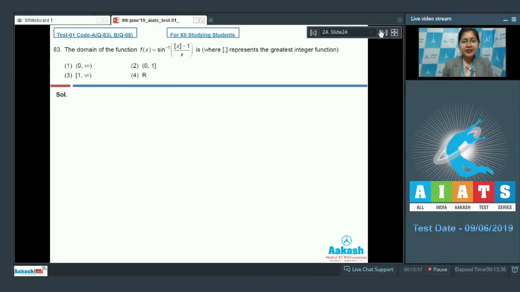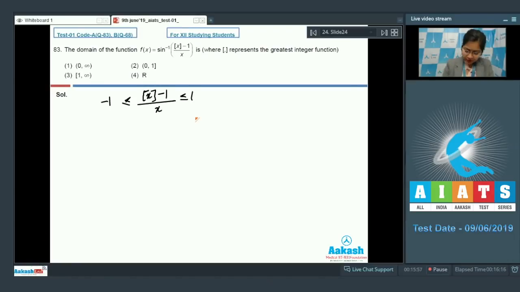Next is question number 83, where we have to find the domain of the function f(x) equal to sine inverse of greatest integer of x minus 1 divided by x. We know that for sine inverse, theta should go from minus 1 to 1. So we can say here that greatest integer of x minus 1 divided by x should go from minus 1